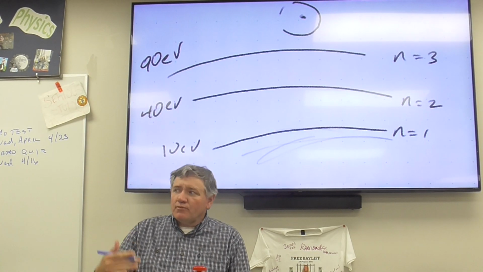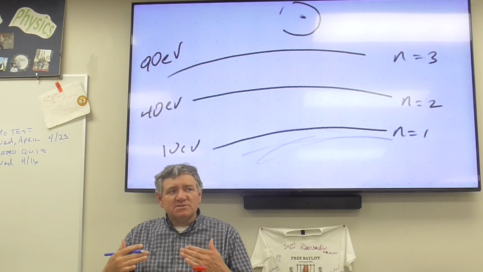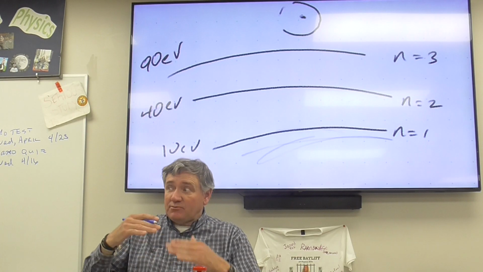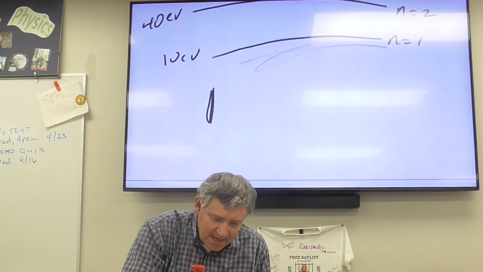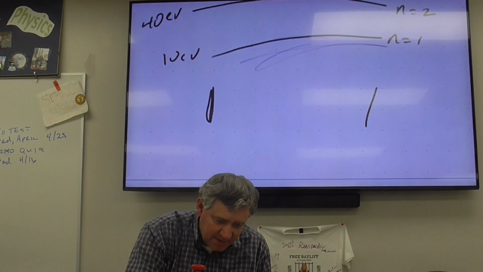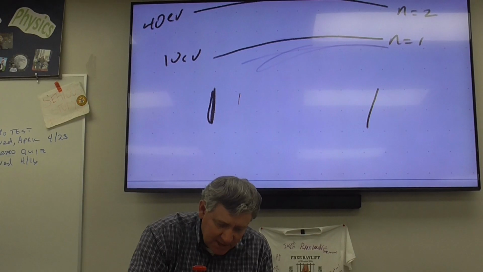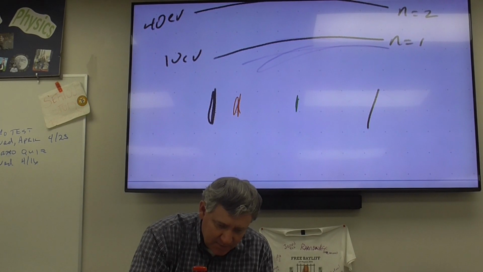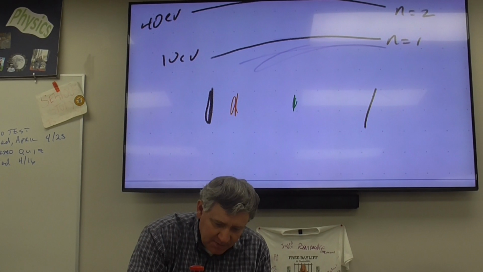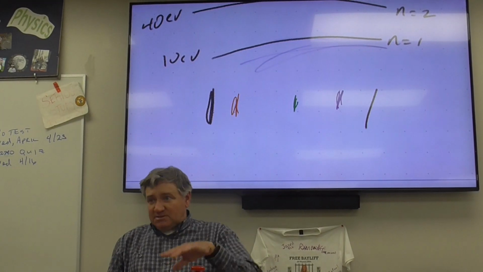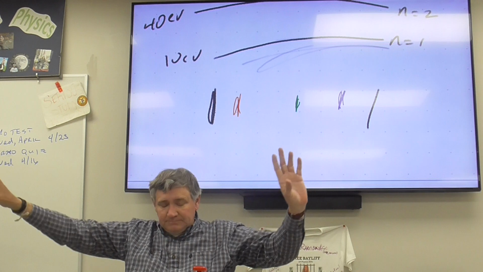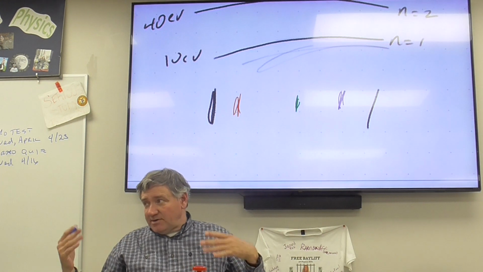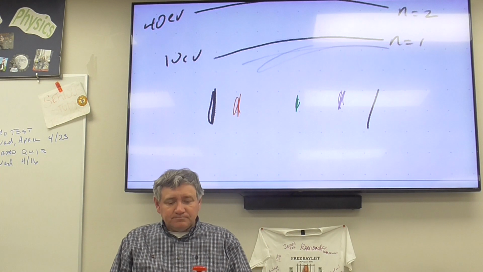Now, the reason that we know so much more about their electrons and what their energies are is because you all have seen those bright line spectrums, like you would have a red line, and then a green line, and then maybe a couple of purple lines. Y'all remember in Chem 1, y'all looked at bright line, you know what I'm talking about, okay? And this is what's known as an emission spectrum.